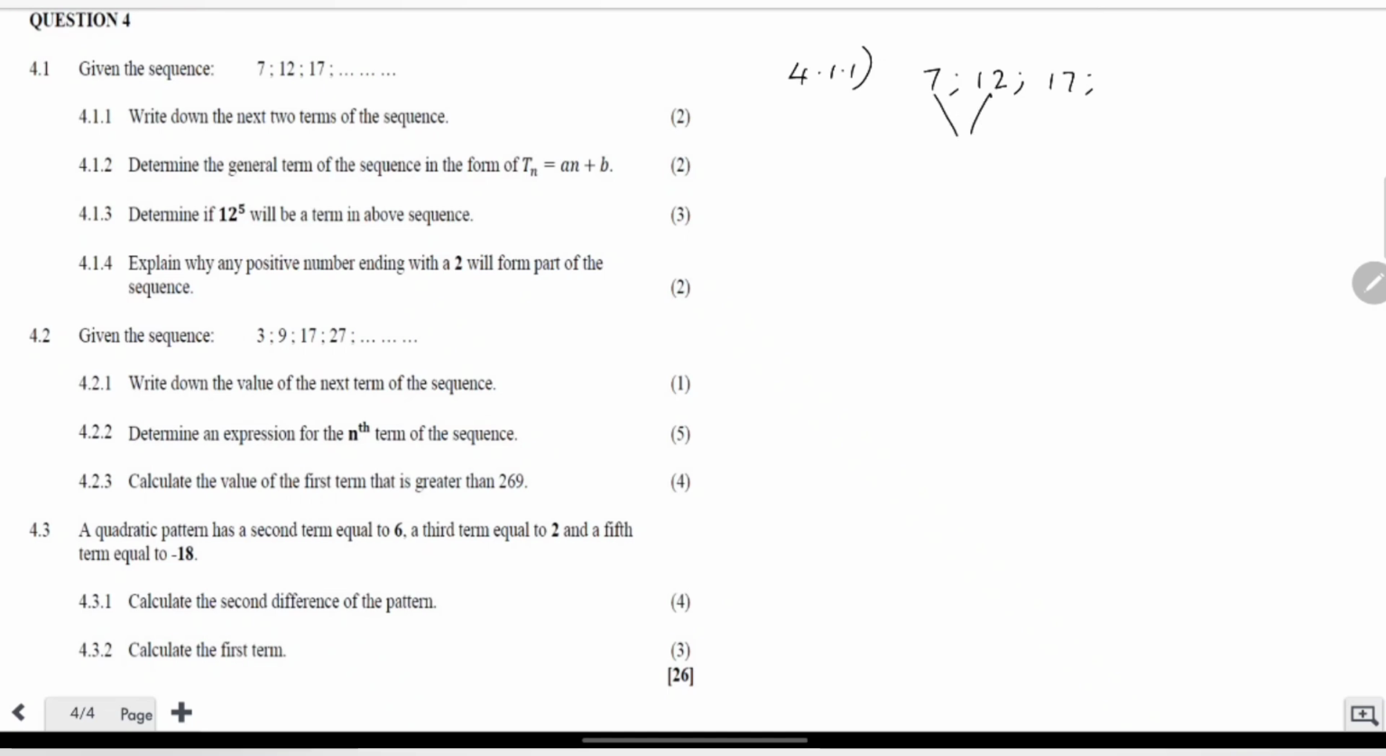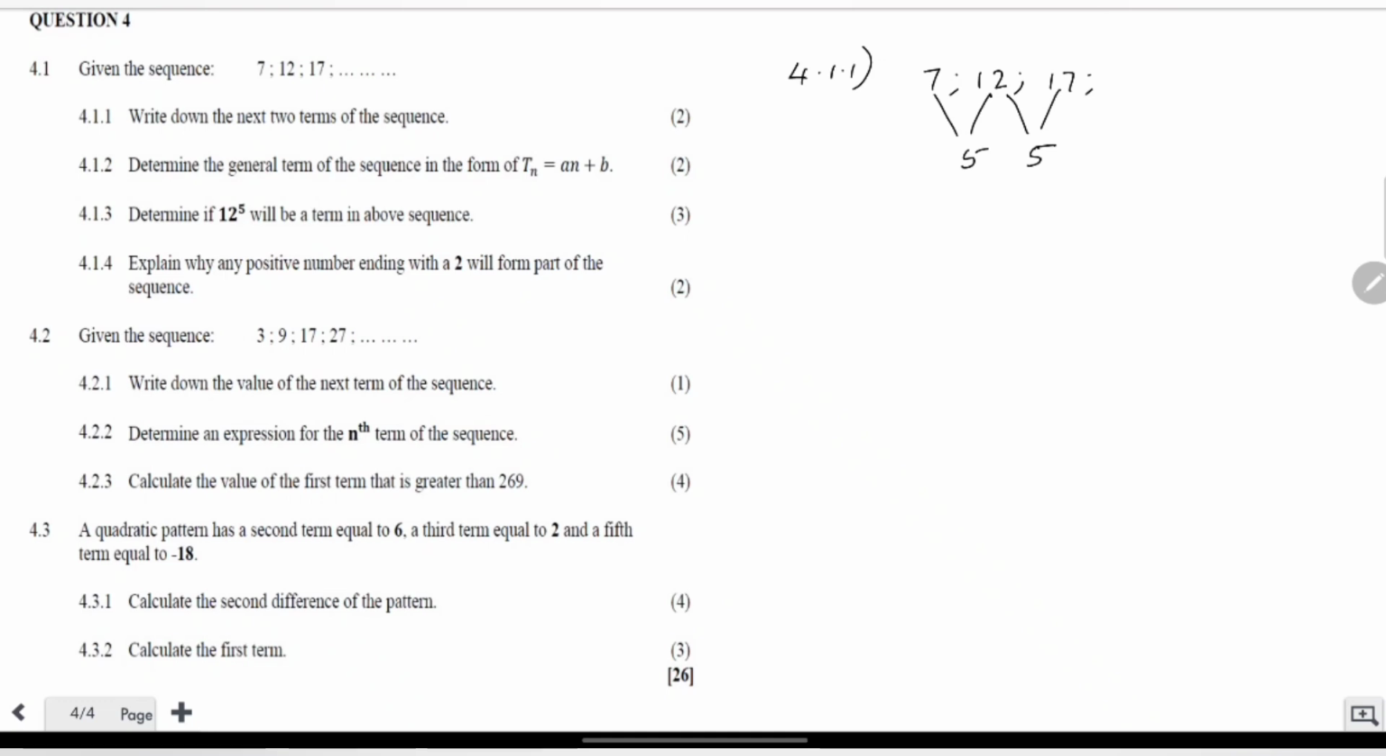So 12 minus 7 is 5, then 17 minus 12. Always when you take a difference, it is the second term minus the first term, for any two consecutive terms. Sometimes the second term is smaller than the first term, but it doesn't matter, go by the rule. 17 minus 12 is 5. Sometimes you will get a negative difference, that's why I'm saying this. So we can see that